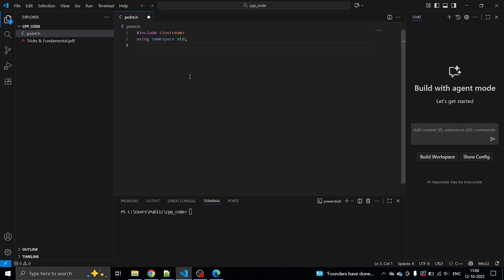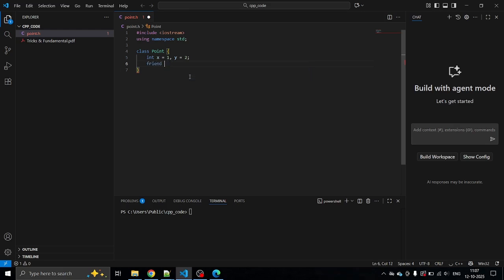Then I'll create a class Point which will have two variables x and y. So class Point will have int x equals 1, y equals 2, and I'll overload the insertion operator. So friend